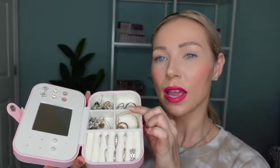And this is this traveling jewelry case, and I got mine in this baby pink color. It has a snap button here on top. It opens up like a book like this, and it has this little door here that holds the earrings. So there are 8 pairs of earrings that you can fit here. It has a mirror in the middle, and then here on the bottom you have a section for the rings, and then here you have larger squares, and you can put your larger items. This portion also comes off if you want to maybe put a watch or a larger bracelet,